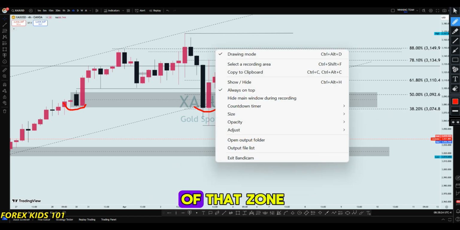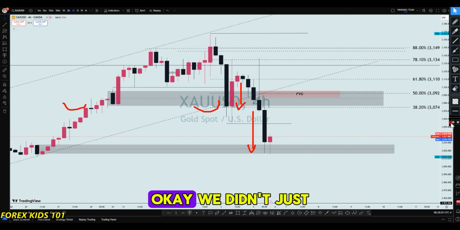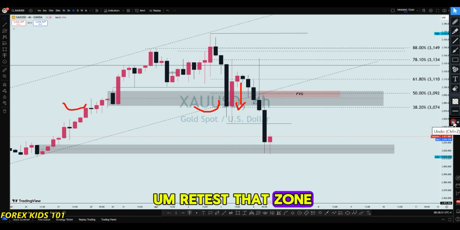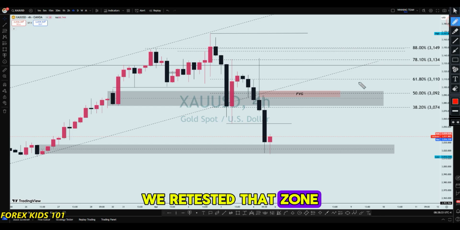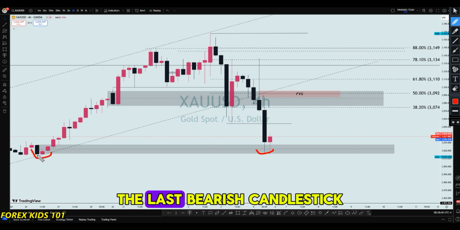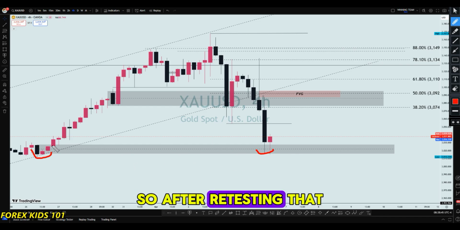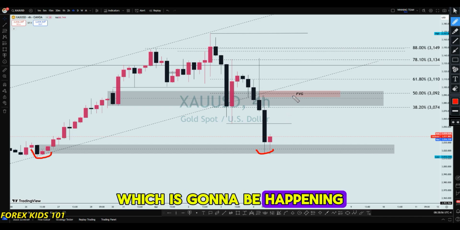And after the retest of that zone, there's something that you can see now. We didn't just retest that zone, we retested that zone here, which was also the last bearish candlestick before we push up on this momentum here. So after retesting that order block there, which is currently the support that we are looking at, that's when I started to realize that we are going to go for a push